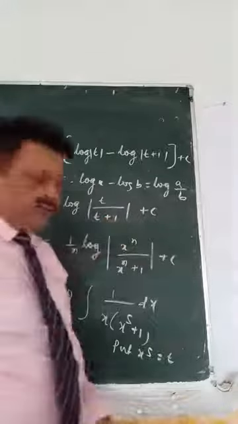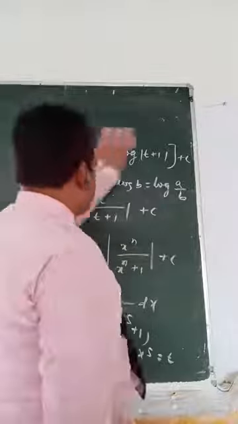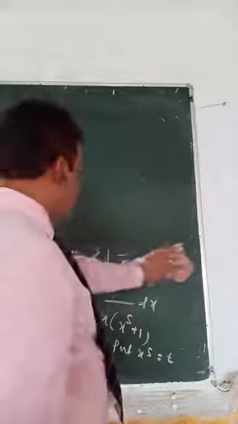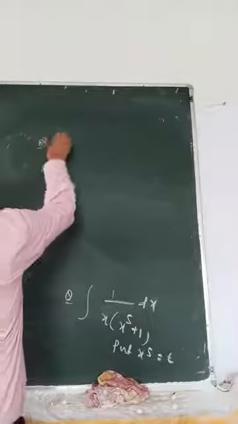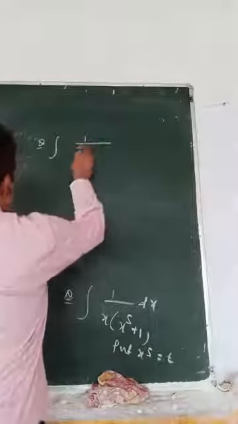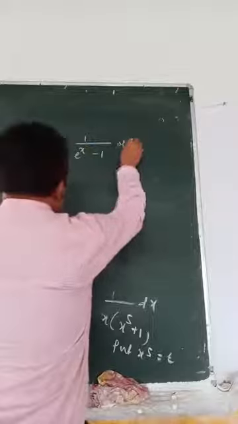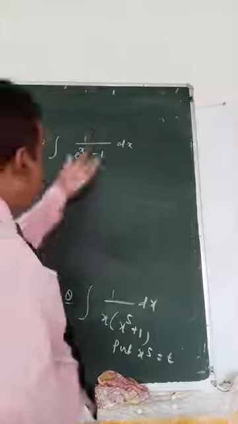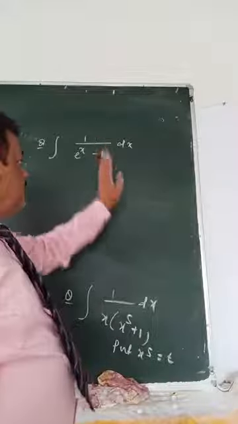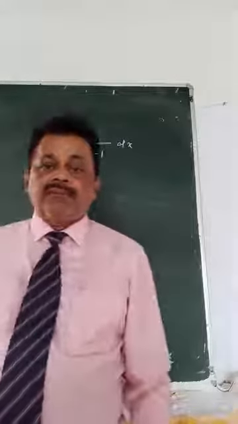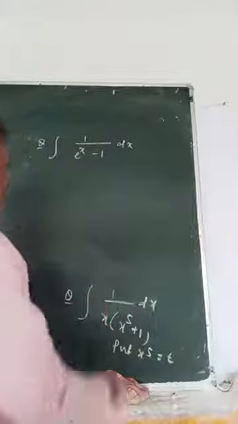Same formula, see another pattern. I told you we will have so many varieties in this particular formula. 1 by e to the power x minus 1 dx. How to do it? No clue at all. How to know this is partial fraction? This also cannot be integrated directly. No formula is here. So what you do is